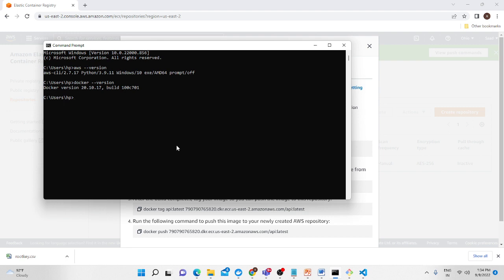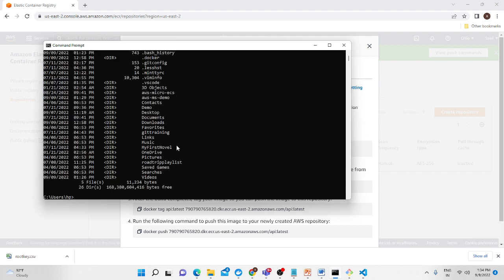The location is going to be cd, and we have the directory which we created, which is AWS Microservices demo, and inside there is where we're going to get into